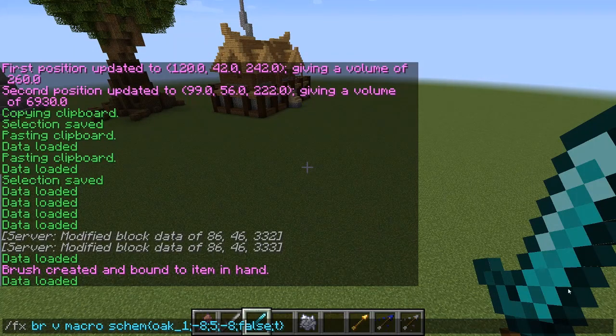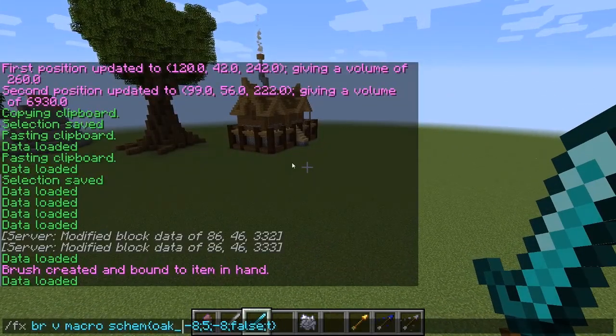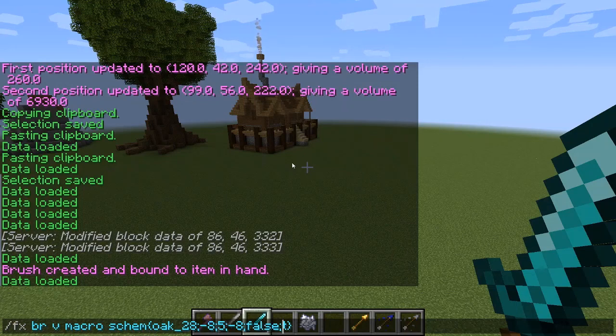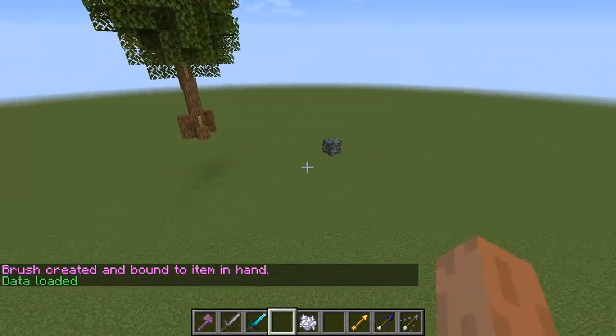But you can see that it's pasted in that bedrock. I think there might be something wrong with the schematic, perhaps. Let's go for oak28, because we know that one works. And this false is about pasting in air. So if you want the air from the schematic pasted, then set this to true. And then this T is optional, but if you want to include mirror arguments, so if you want to mirror it in the x-axis or along the xz axis, you can do that as well. I think there's just a problem with oak1,